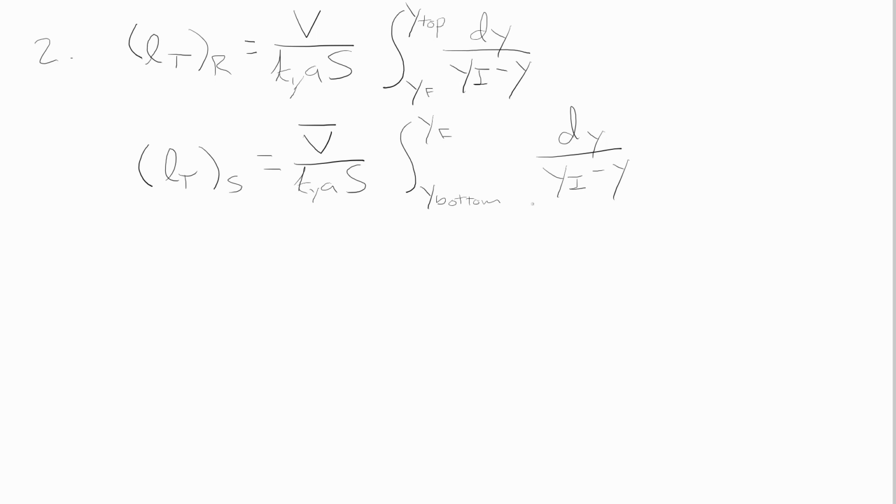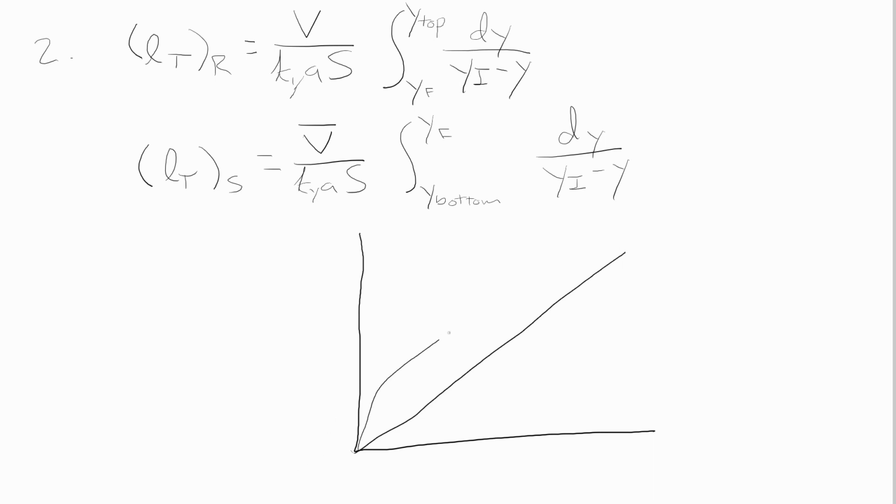And as we've stated previously, the problem with doing this integral is that we don't necessarily have a functional relationship between yi or y star and y. So the way that we establish that is we again use a McCabe-Thiele construction. At this time, we're not going to bother stepping for individual stages. We will simply draw in our Q line, draw in our rectifying section operating line, and draw in our stripping section operating line. And now what we say is that there is going to be a relationship between each point